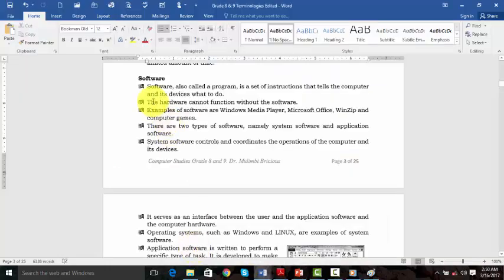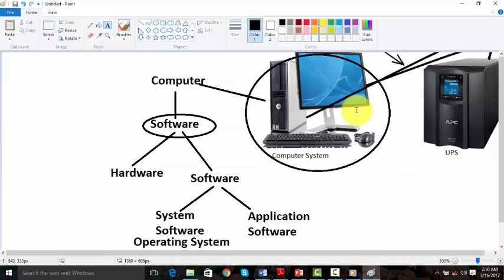So now, what we are saying is that software is also called a program. The other word for software is the word program, like we mentioned here. So we said what we are seeing there are programs which tell the hardware, these things we are able to see, what to do, or the task to be done.